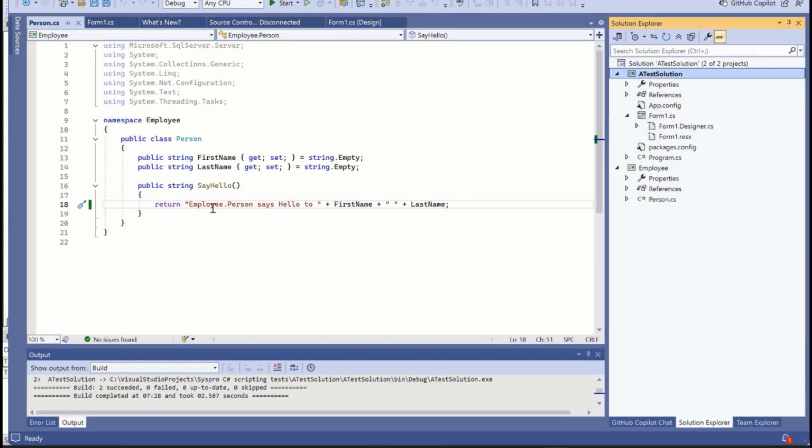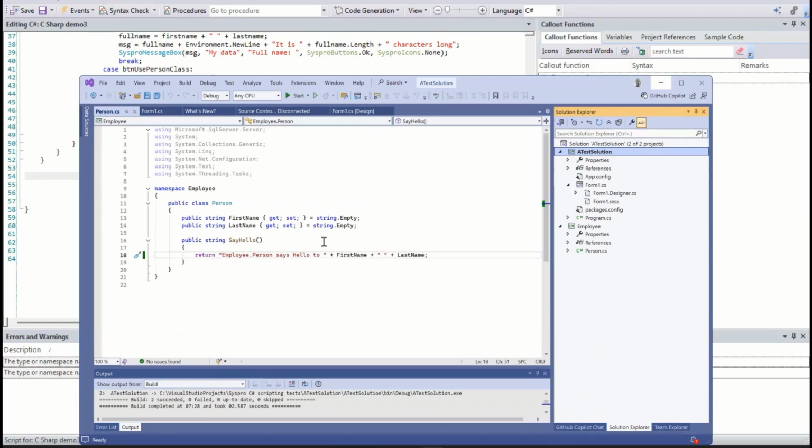And I've changed the return string so that you can see it's actually coming from here. And we compile it. It will create a file called a DLL file, or .dll, and you save it somewhere sensible. So once we've done that, what we're able to do within